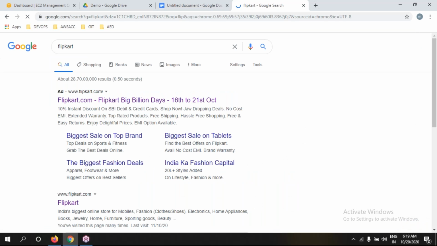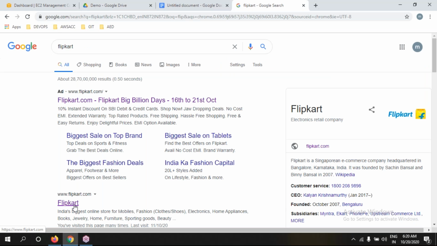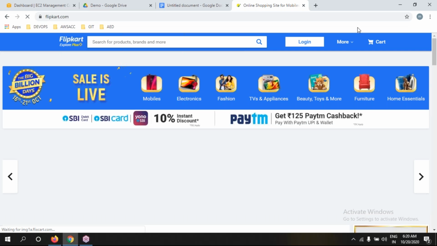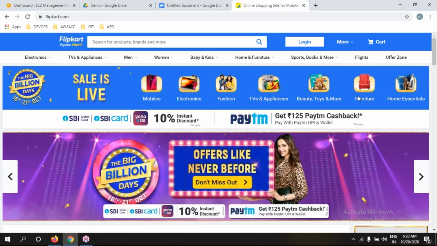I'll repeat: the working software written in any programming language is an application. We deploy it onto the server, and then we can access it on the internet as a website.